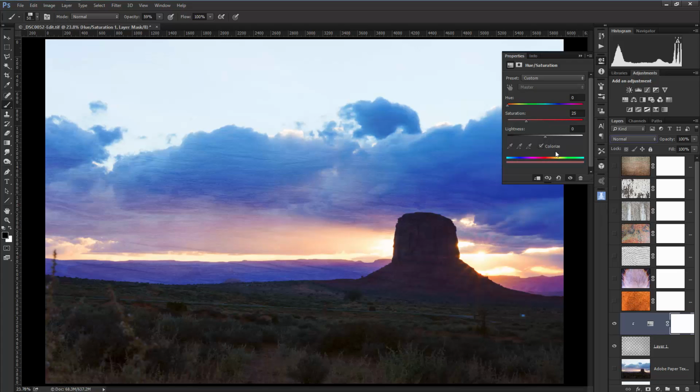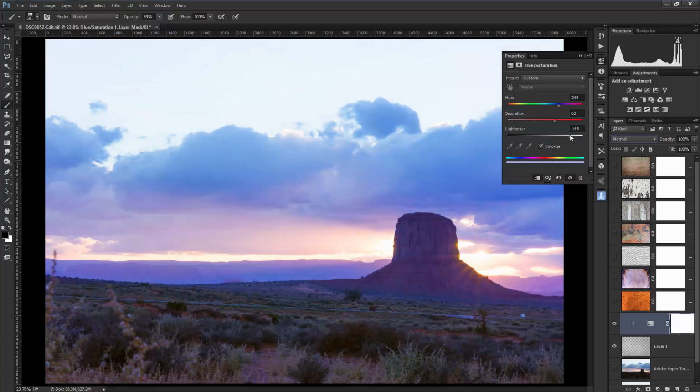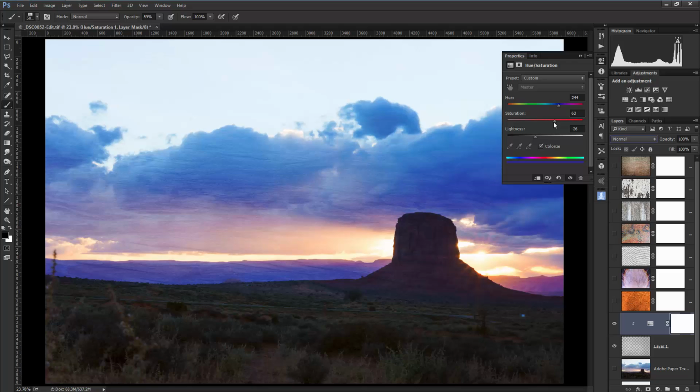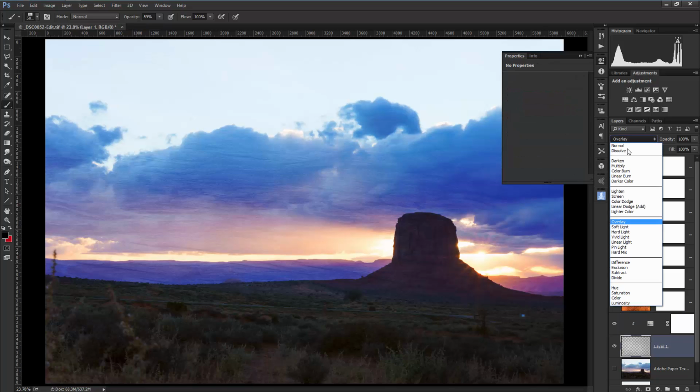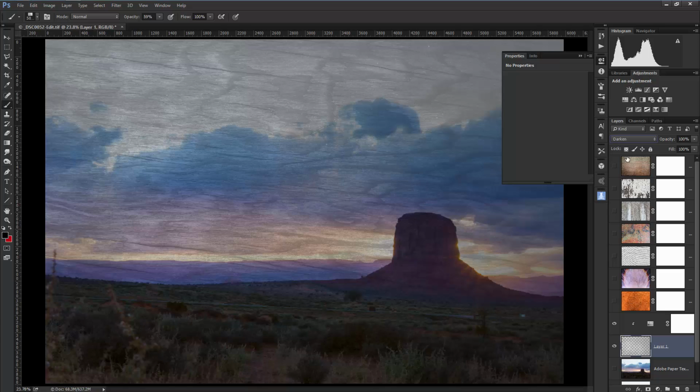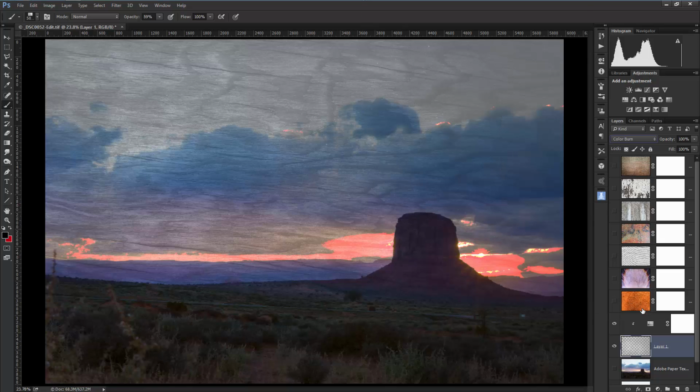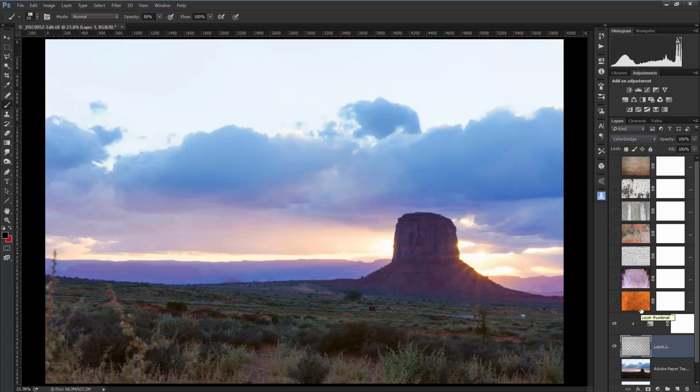And now we can actually colorize this layer if we want to. So you'll see if there's any color that comes through here. I don't believe that it will until we change it a little bit. So there you go. Okay, so I'm just going to boost up the color there. So we just made some adjustments. Now if we go to the actual layer itself and we change it from an overlay to another blending mode, you're going to actually be able to see some changes go on here in the color. So scroll through some of these,